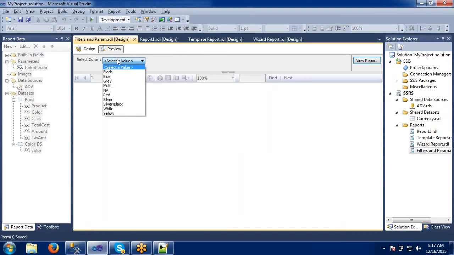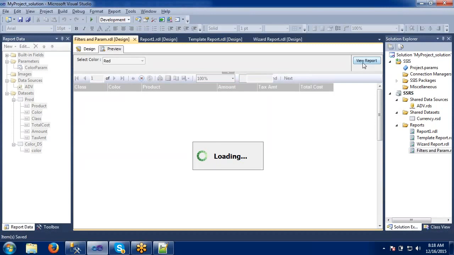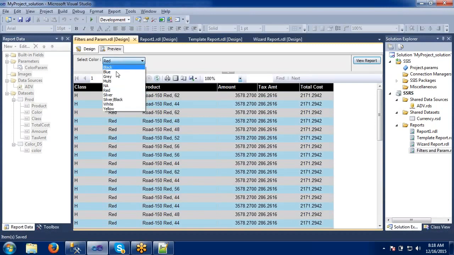See, now how many colors I got? Dynamically, automatically, what are the colors available in my database? All the colors come into the prompting here. Means I don't need to check all the default values or specify some values here. Okay. Wherever I require those records, I can get it here. So I think we don't have this one. Let's filter with red color. Yes, we have the records in this.